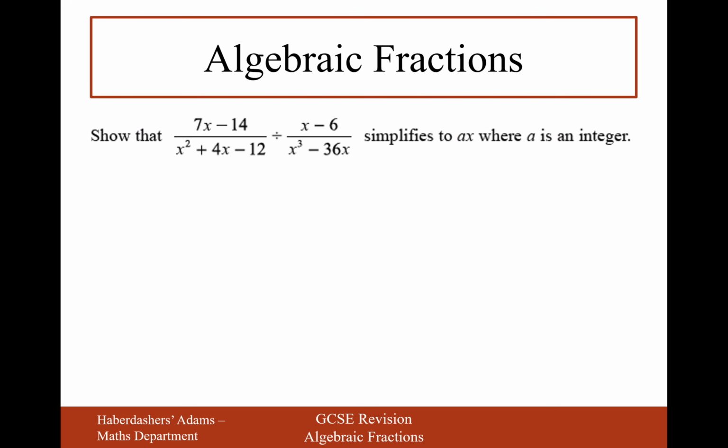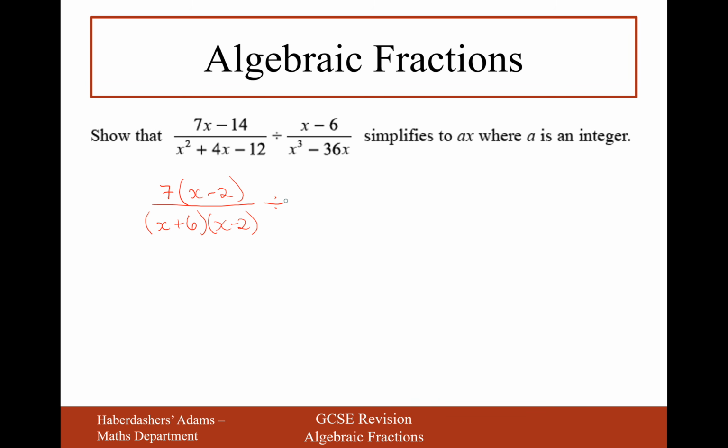Okay, so we're now into the realms of timesing and dividing. Dividing is a little bit different, but you start by doing roughly the same thing. Pause the video and give this one a go. Okay, so you start by factorizing to see if you can cancel out any bits before you start. So it's going to be 7 bracket x minus 2 over x plus 6, x minus 2